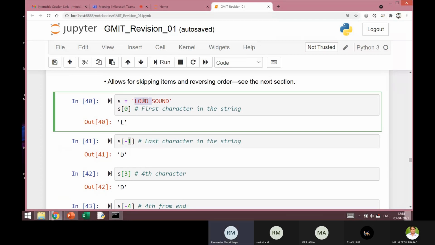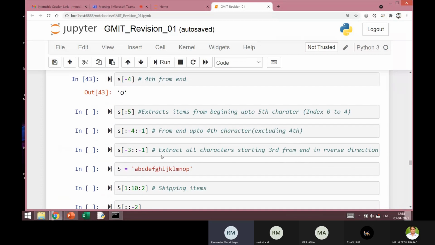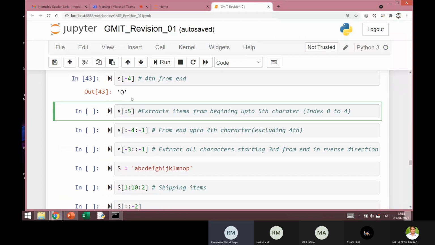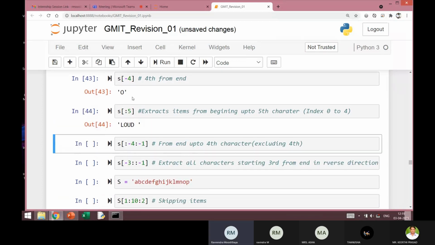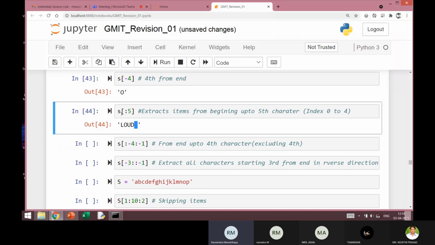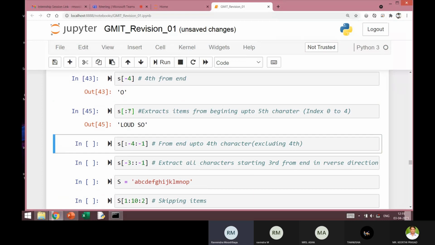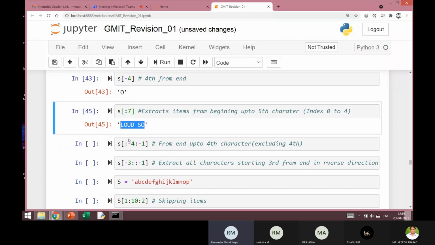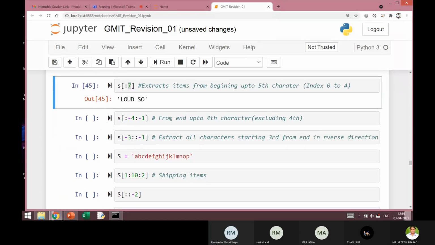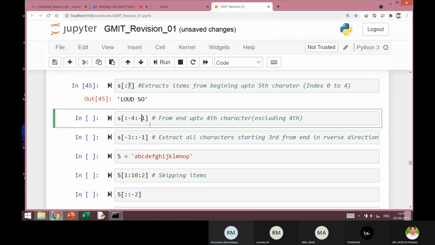LOUD and a space character will be outputted. You can see LOUD and a space character is outputted. Now suppose I make it 7, then 2 more characters will be added. So you can see that 7 characters are outputted here, from the beginning till index 6.